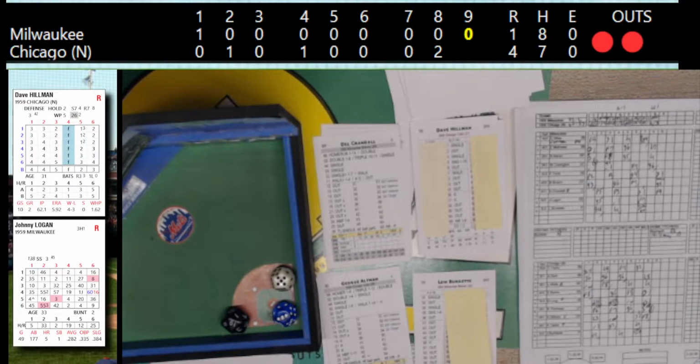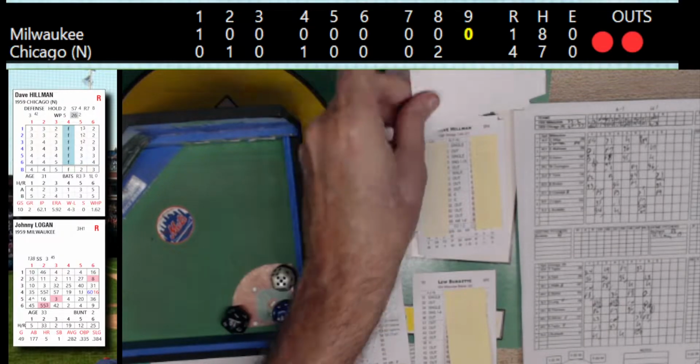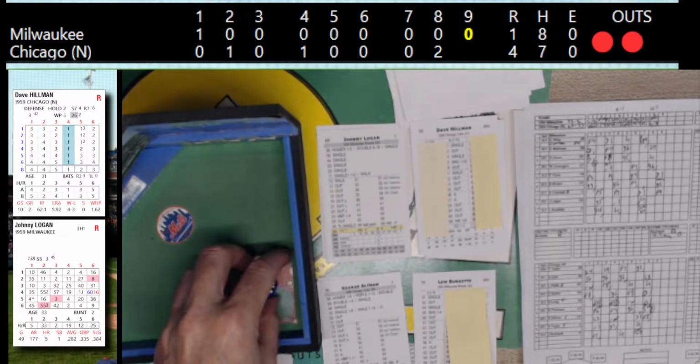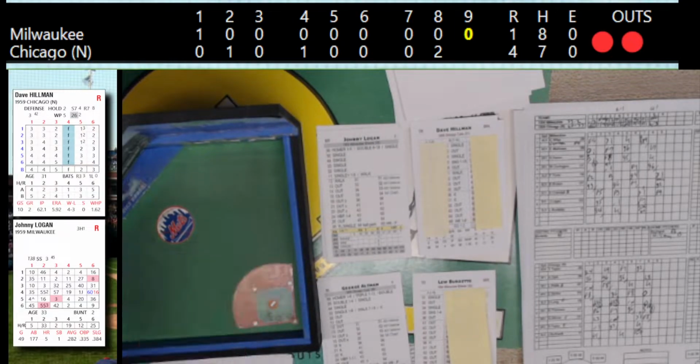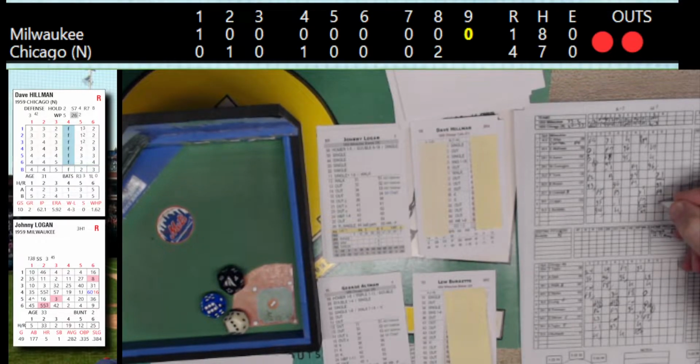So it's Logan now with 2 out and 1 on. Here's the pitch to Logan from Dave Hillman. That's going to be a 63. That'll be a bouncer to the first baseman. Let me double check. Yep, and that is Long. Steps on the bag, and that's the ball game.